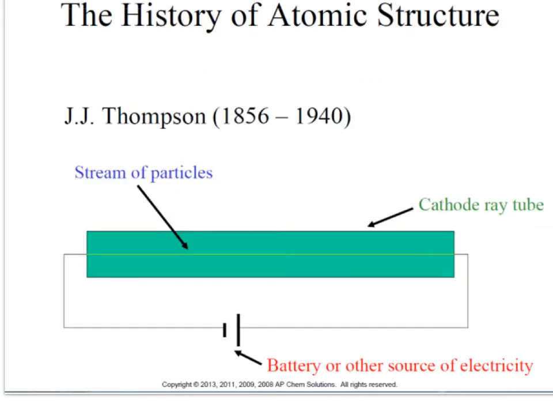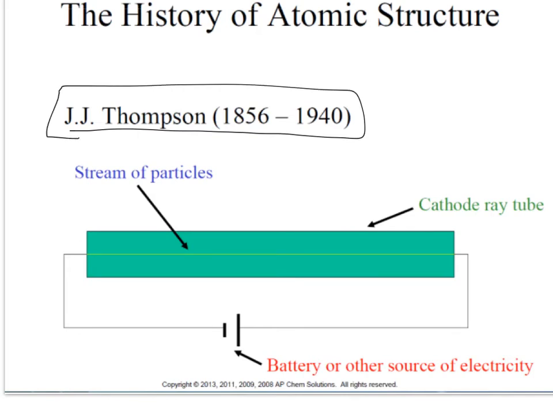Now along came J.J. Thomson in the late 1800s, early 1900s, and the cathode ray tube. The cathode ray tube at the time had long been known to scientists, but it had remained a mystery. They knew there was this light source that seemed to come from some type of matter, but they didn't know what it was. So J.J. Thomson began to figure it out, and he did it with a relatively simple experiment.